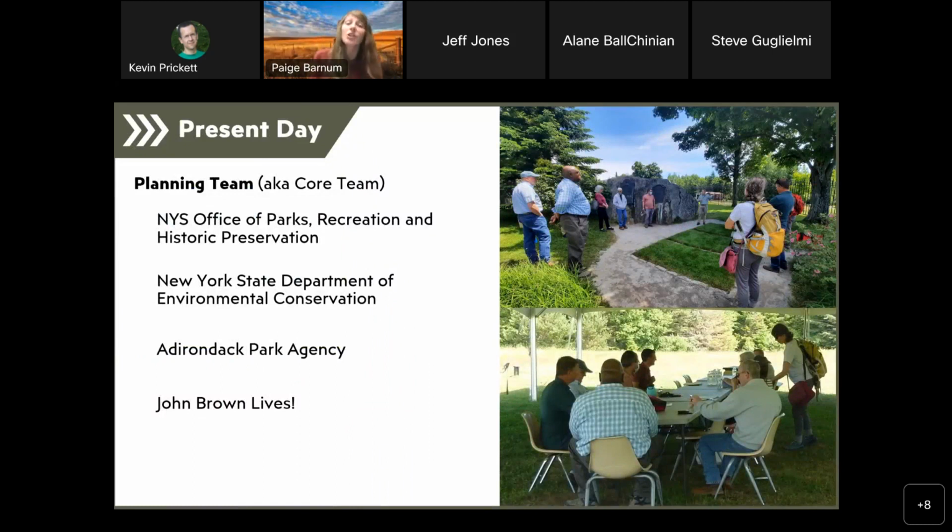So last fall, a majority of the core team, that group that Steve outlined for you just a bit ago, assembled on site and we began discussions about our planning process for John Brown Farm. Since then, our group has begun to meet monthly and we host internal meetings, and we've also started forming smaller working groups. These working groups are going to be really crucial to identifying management alternatives and the potential actions we'll